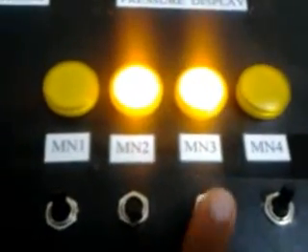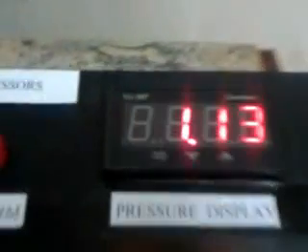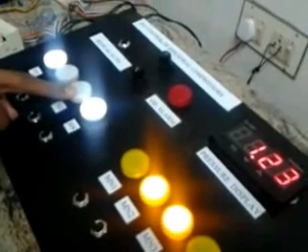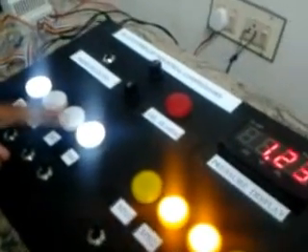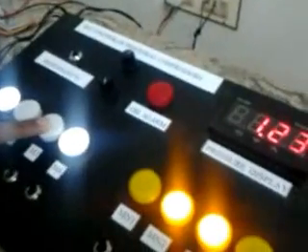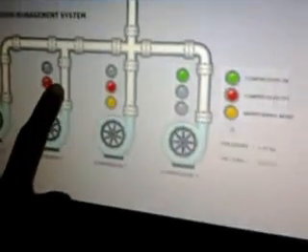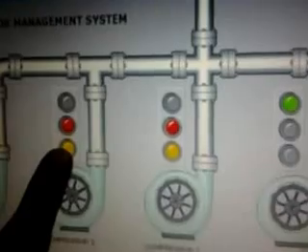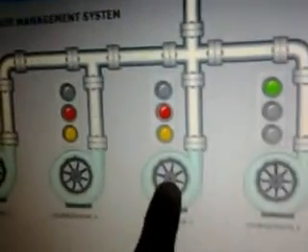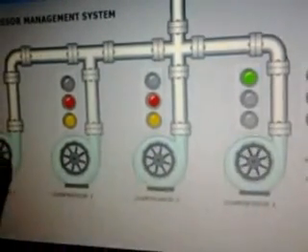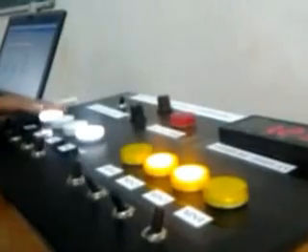If suppose 2 and 3 motors are under maintenance, and we vary the pressure, the next indication will be to the 4th compressor. 2 and 3 are not in operation, so the light will not glow. It indicates that 2 and 3 are in maintenance condition. We can see the maintenance condition by the yellow light glowing here. It shows that the 2 and 3 compressors are in maintenance, which are not rotating, we can see. Thus the 1 and 4 are rotating. Thus this is an efficient method of controlling the compressor.